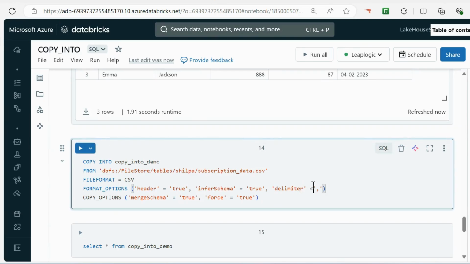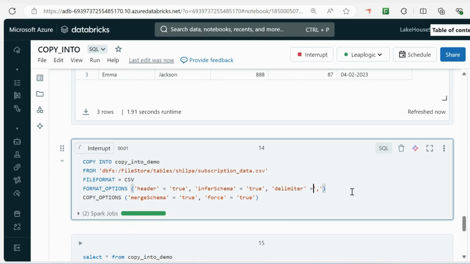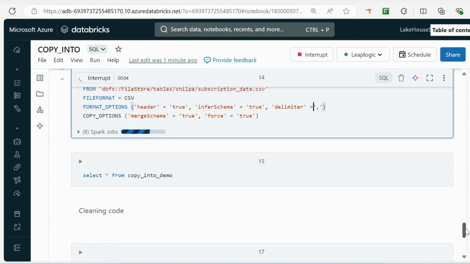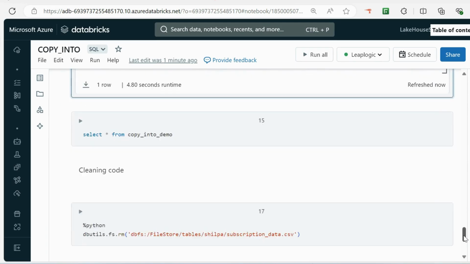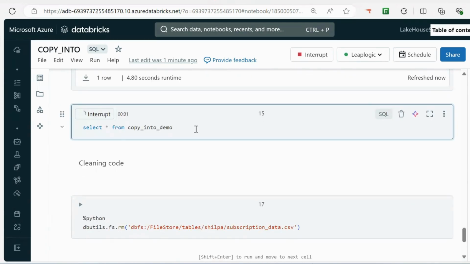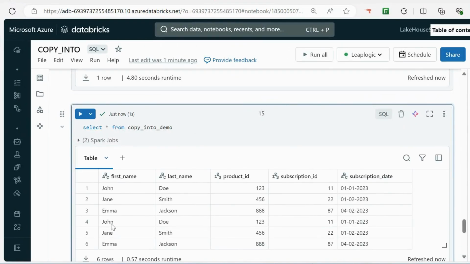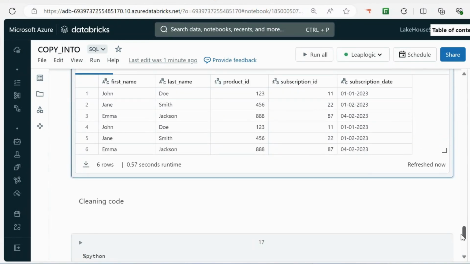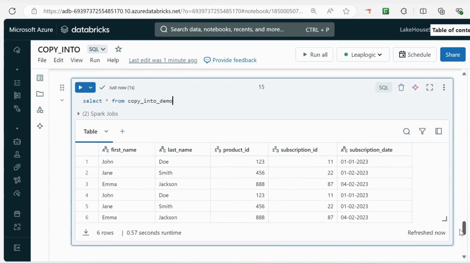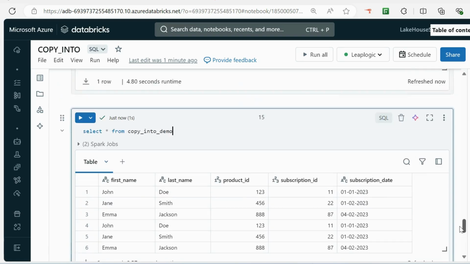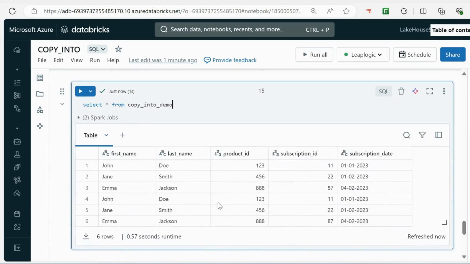Okay, so let me remove the validate option and reload the data into it. Now, you will be able to see 3 rows have been affected and 3 rows have been inserted into the data. Let me go ahead and do a select star from the copy into method. See, all the 3 rows are there. So 3 plus 3, 6. So a total of 6 rows have been inserted and it has duplicated the result because I have reloaded the data again. So if in case you don't want the idempotent check to be true, then you can make force equal to true and it's going to reload all your data into it. So that is also a functionality that the copy into method provides.